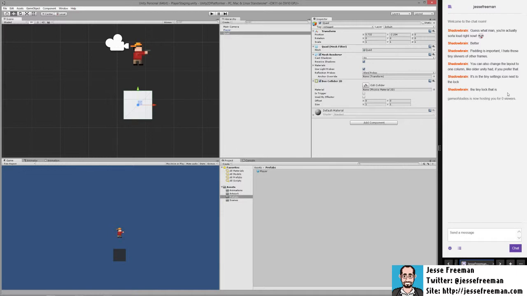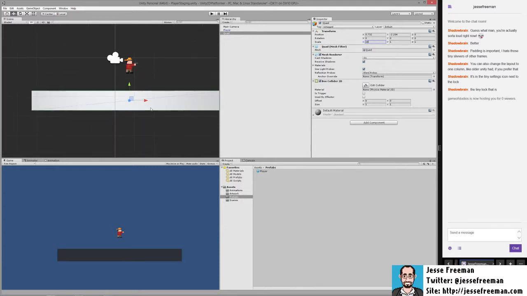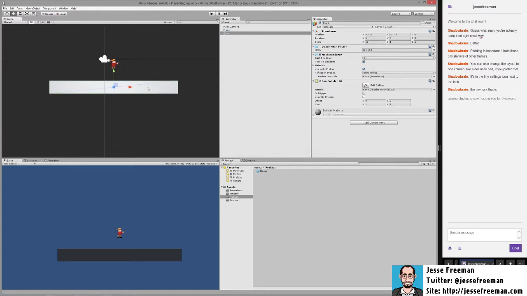I also want to change its width. So just trying to see here if I actually gave a specific value. It doesn't look like I did. So we're going to change its X scale to about 20. That's a little bit big. We'll just do 10. So here we go. We now have this quad, and